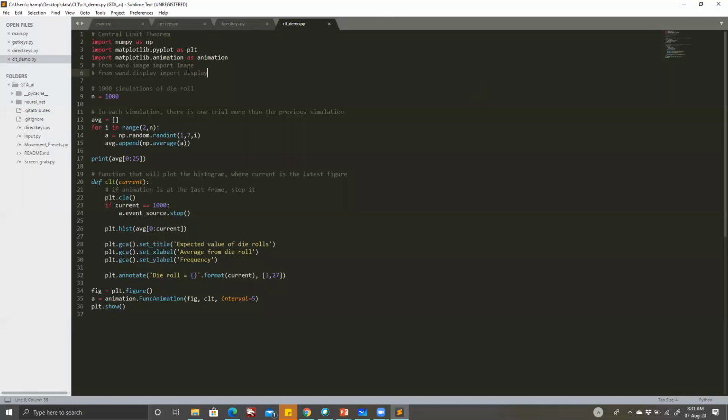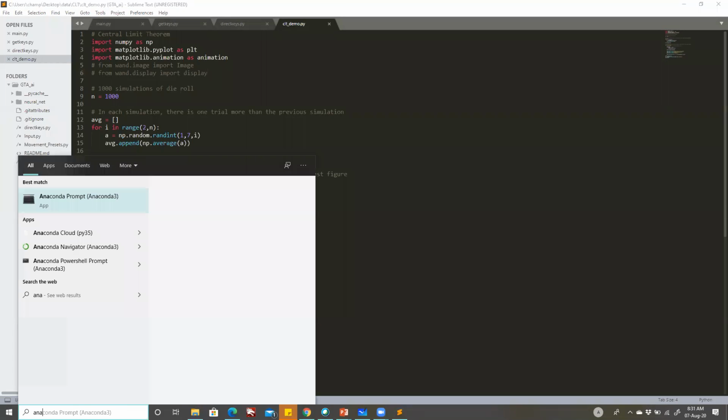Okay. So what we are going to do is, and you guys can also write this code. The only problem is the animation part, I have used a function which doesn't work on Colab. Otherwise, I would have shown you the same code on Colab as well. So for this, I have to go in my Anaconda prompt and run Python and everything.